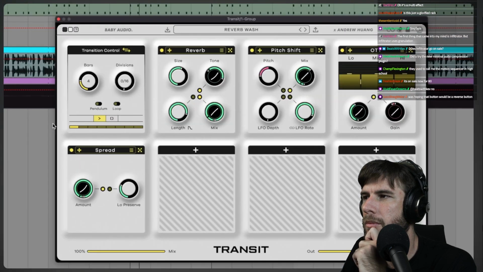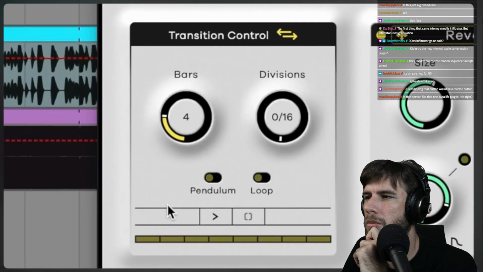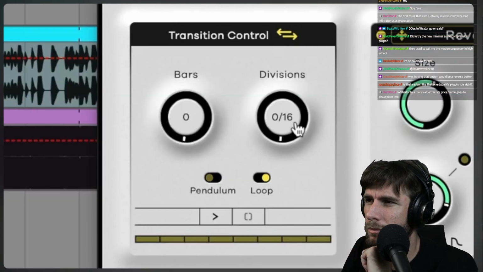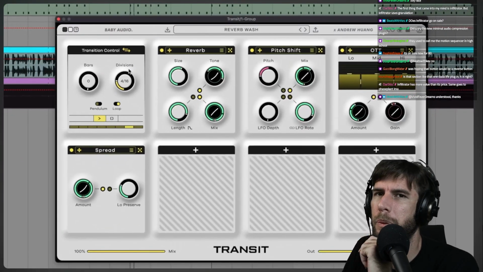Just trigger your transition. It starts on the next bar, synced to your DAW. There's also a pendulum option, so it can go back and forth, and a loop option if you just want to add an effect like an LFO. And we discovered some cool stuff once we implemented this because, if I do a much smaller amount of time and let that loop,